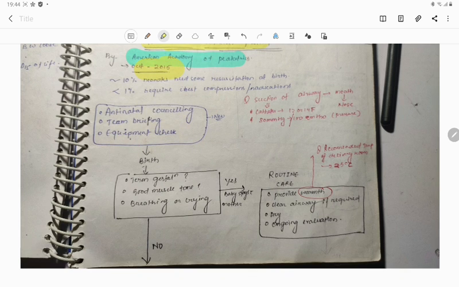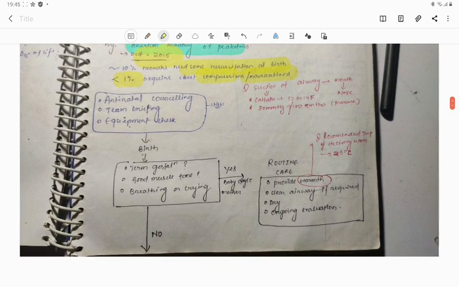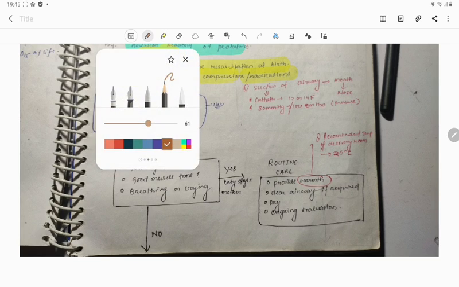According to it, nearly 10% of neonates need some form of resuscitation at the time of birth, and out of those, nearly 1% of the cases require chest compressions. So before I go further, I would like you to understand that whatever I have written in blue are the new guidelines, while the black ones are the older ones. So the new guideline is that before we start,